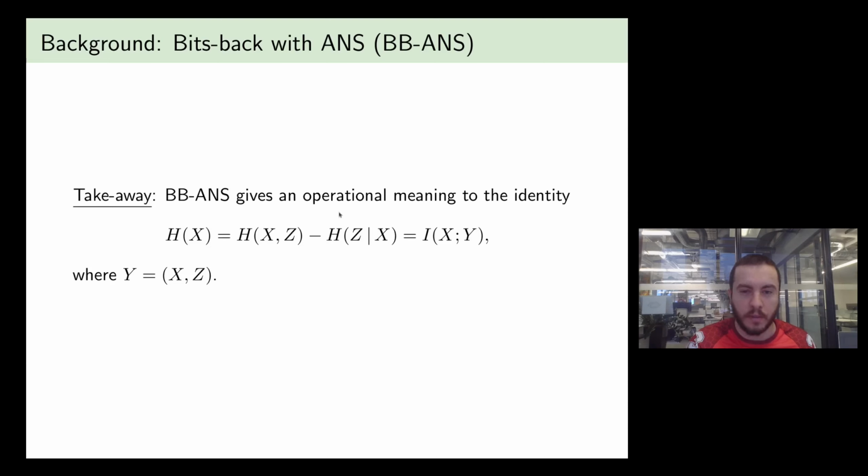So you go into the domain, you augment your symbol to XZ, for which you do have a code, and then you get a discount from using bits-back for the code for Z. So you'll alternate between these two steps, encoding the tuple XZ, which we called Y, and decoding Zs to get the reduction. And then as you do this, you'll reach H(x). So this is the takeaway message of BBANS.